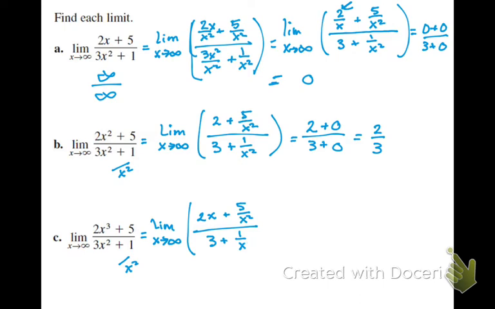What's going to be our problem this time? It's going to leave infinity in the numerator. It's going to be infinity plus 0 over 3 plus 0. So infinity divided by 3. So the limit